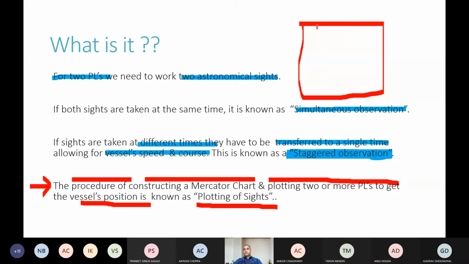अब बेटा जब हम मर्केटर चार्ट का एक छोटा सा पार्ट अपनी आंसर शीट पे बनाते हैं तो यहाँ पे भी कुछ डाउट्स हमारे माइंड में आएंगे। जो ये मर्केटर चार्ट है इसमें दोनों एक्सिस पे, जो ये वर्टिकल एक्सिस देख रहे हो आप और जो हॉरिजॉन्टल एक्सिस है, दोनों एक्सिस पे डिफरेंट स्केल्स होते हैं। यू हैव द लैटिट्यूड स्केल एंड यू हैव द लॉन्जिट्यूड स्केल।